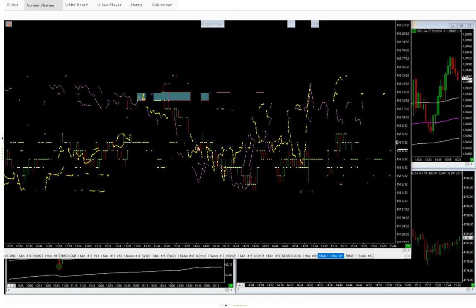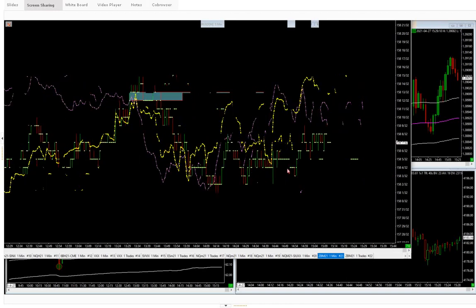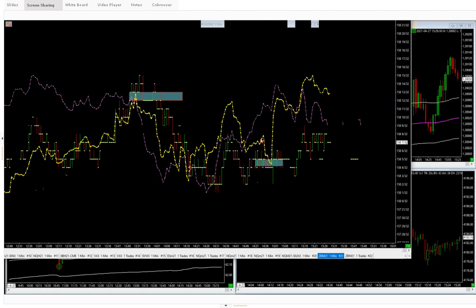As we come into this phase here, you can see the delta's trapped badly here. You can see that little delta trap there, all these selling deltas getting absorbed by the big boys, and obviously the takeaway from that was pretty fast and furious. The deltas managed to recover out of that trade quite nicely, but into the highs, you can see again the delta's getting trapped into the high print up here,